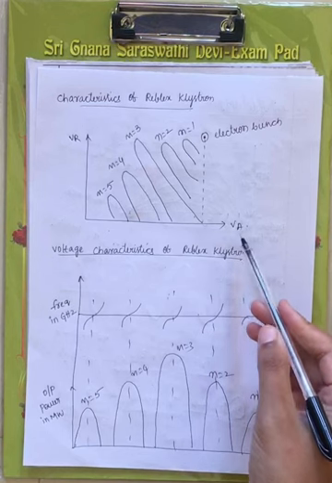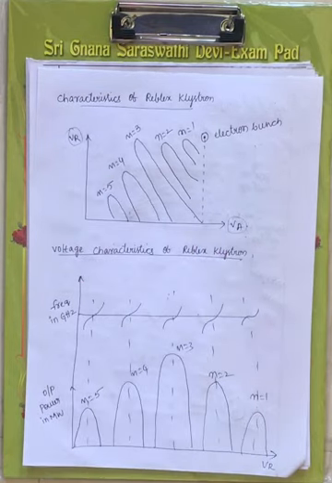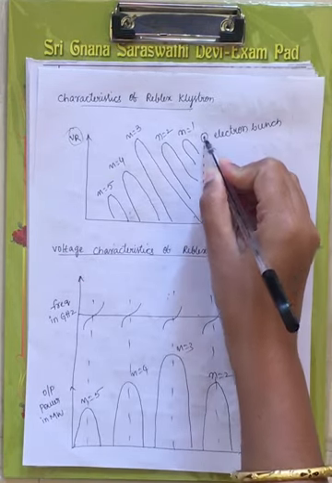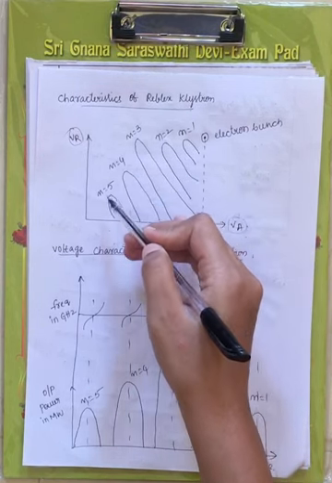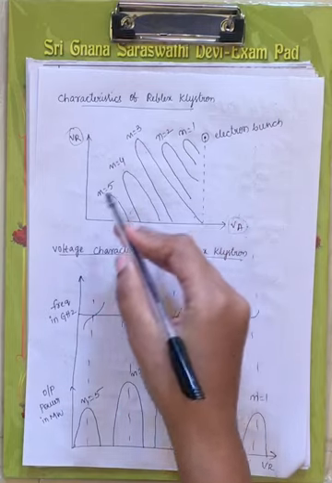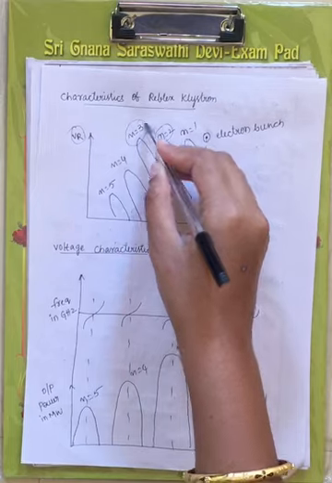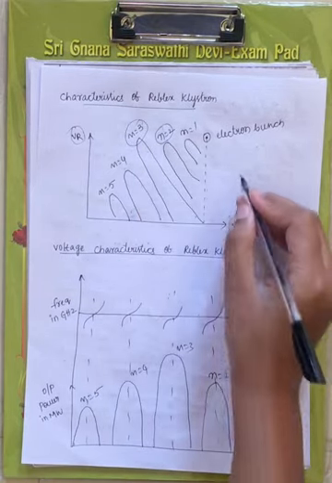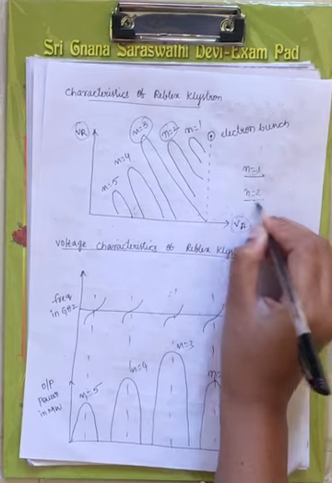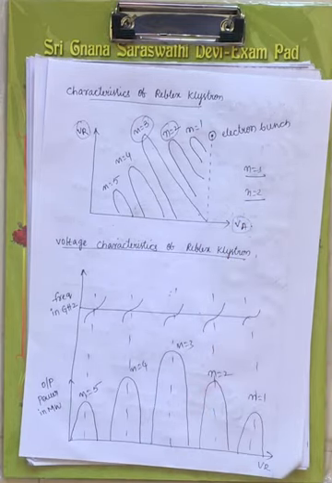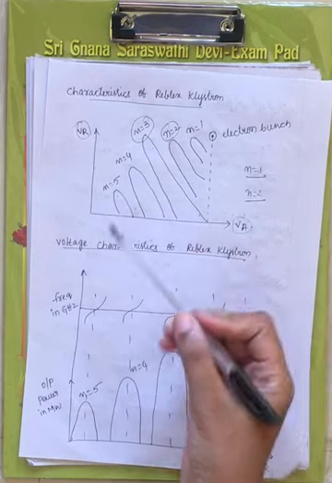Now if I plot a graph between the anode voltage at your anode cavity and the voltage at your repeller electrode, right? And here it is your electron bunch, right? n equals 1, n equals 2, n equals 3, n equals 4, n equals 5, right? If you see this figure, you are getting the maximum output power for n equals 2 and n equals 3. Maximum for n equals 3, you will get the maximum output power. In some cases you will go for n equals 2, right? If I plot the graph between VA and VR, you will get the characteristics like this, right?